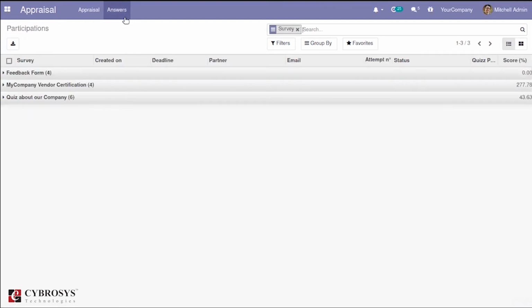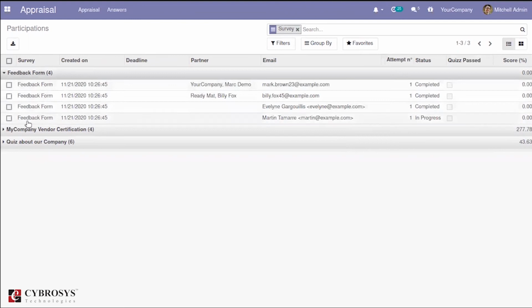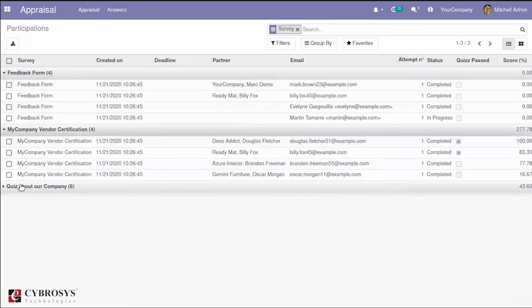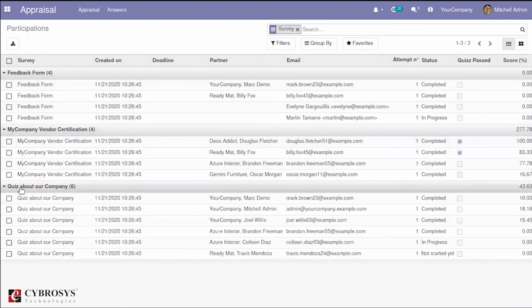With this module you also have an option called survey. Basically here we have the forms that we mentioned in our appraisal form. In the appraisal form you can create any kind of feedback forms, questionnaires and all. These are some of the forms that have been passed to some of the employees and filled by them. It shows those forms whose status is completed, and those in progress and all. This is what is shown in the answers form.